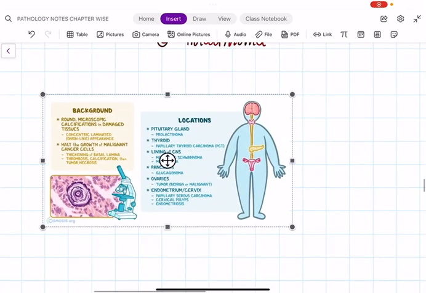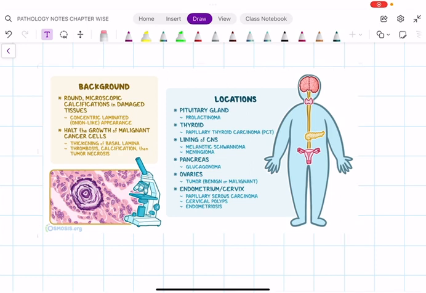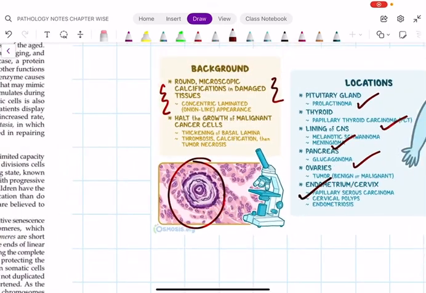Okay, see what it is? Psammoma bodies can be asked as a question. They are round microscopic calcifications, concentric lamellated, with an onion-like appearance, as a result of calcification in the pituitary gland, in prolactinoma, papillary thyroid carcinoma, meningioma, glucagonoma, and papillary serous carcinoma of ovary or serous cystadenoma of ovary. All these are the conditions where you see Psammoma bodies. See the picture, how it looks. I told you, the calcium will appear like blue